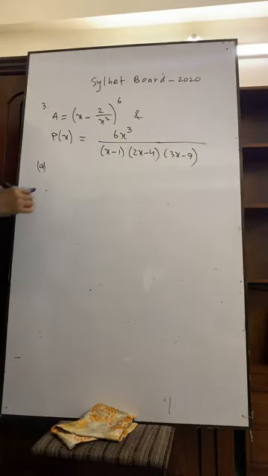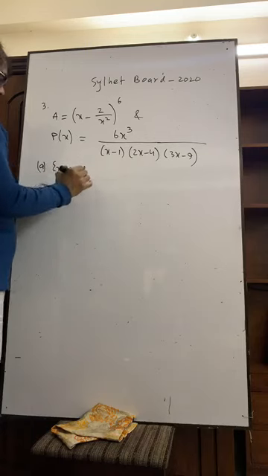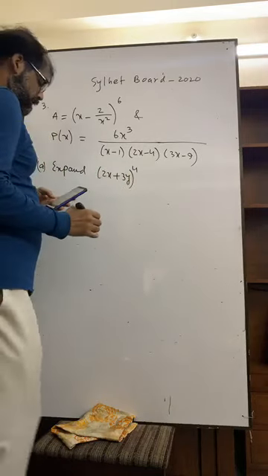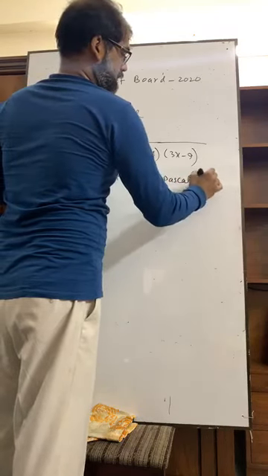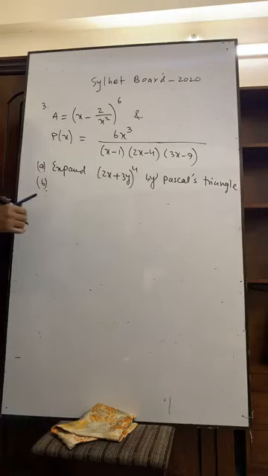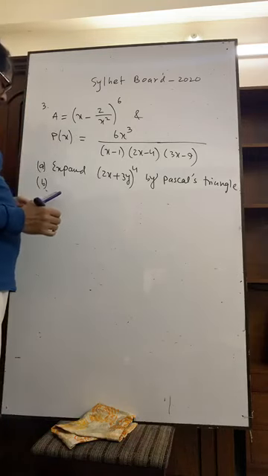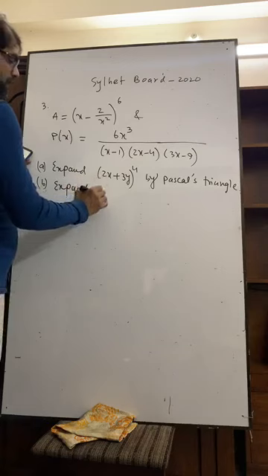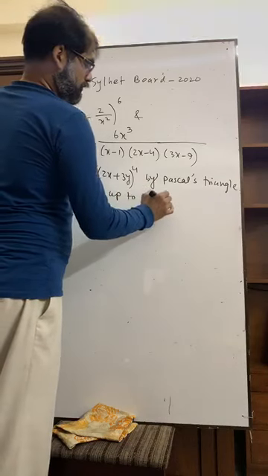Question number A. Expand 2x plus 3y whole to the power 4 by Pascal's triangle. Number B. Expand A up to first 5 terms